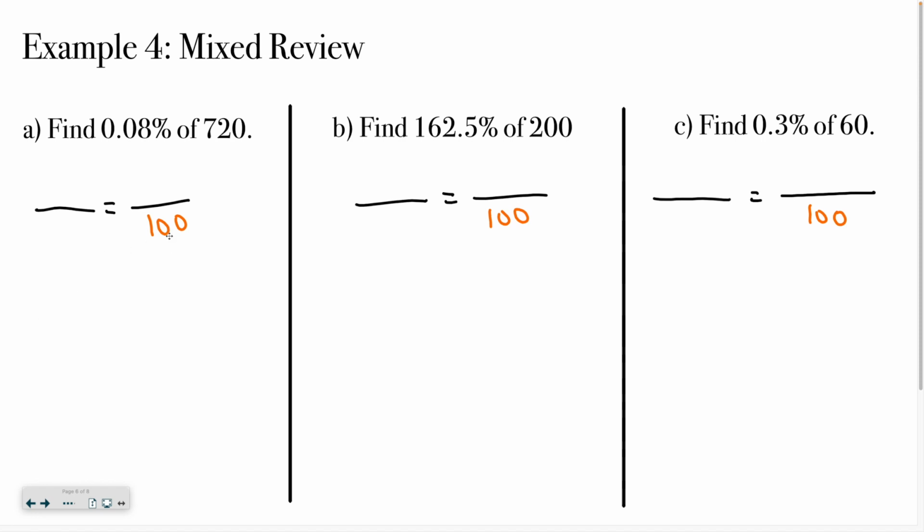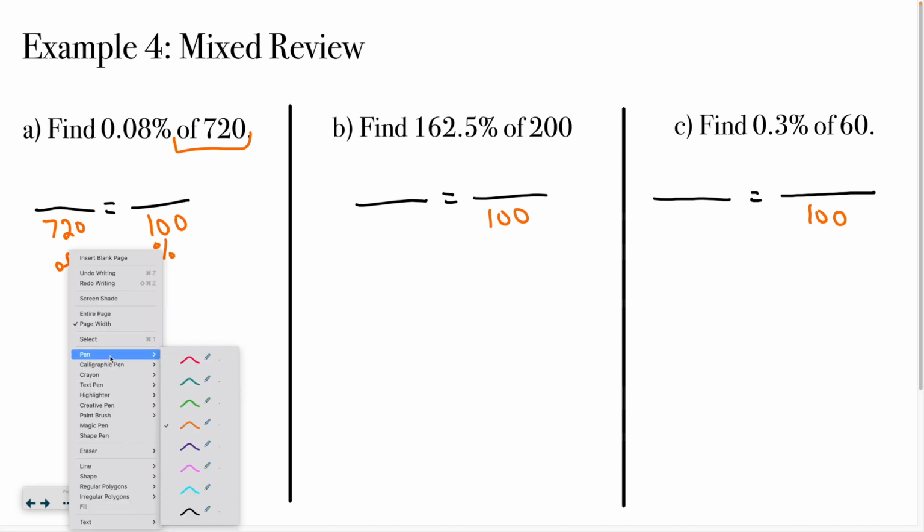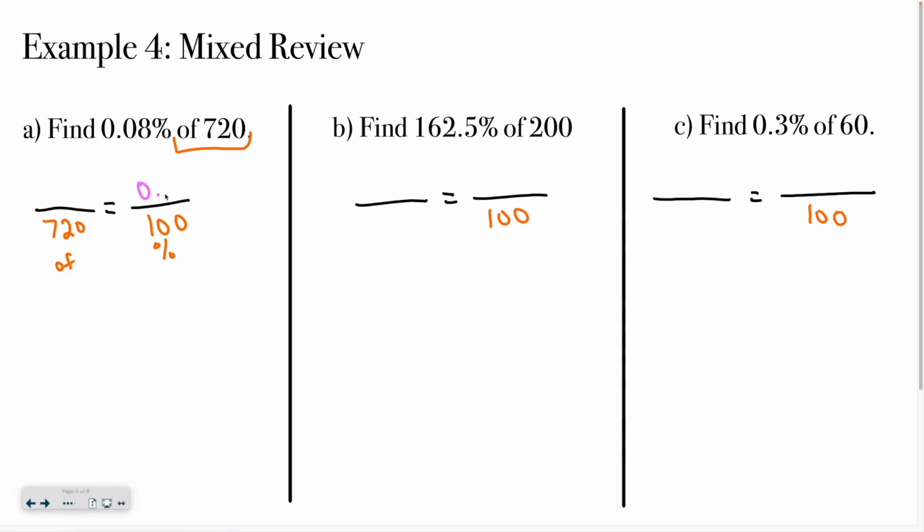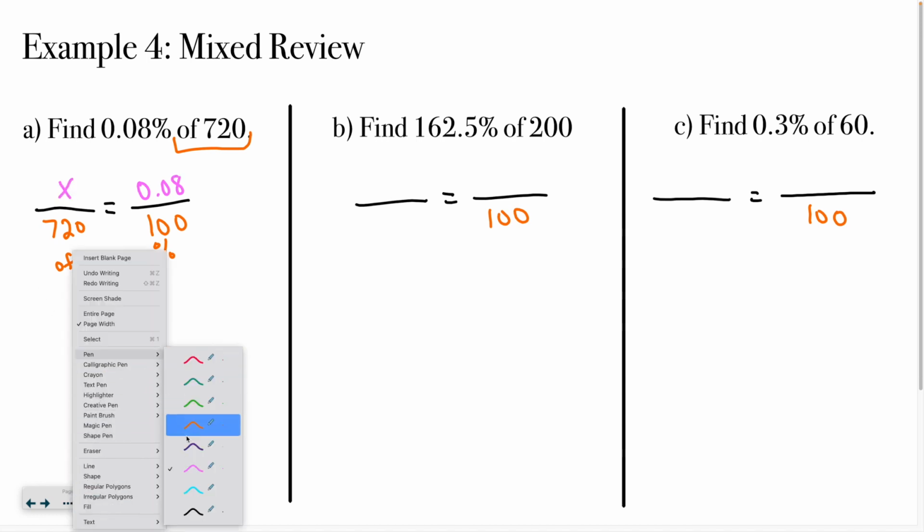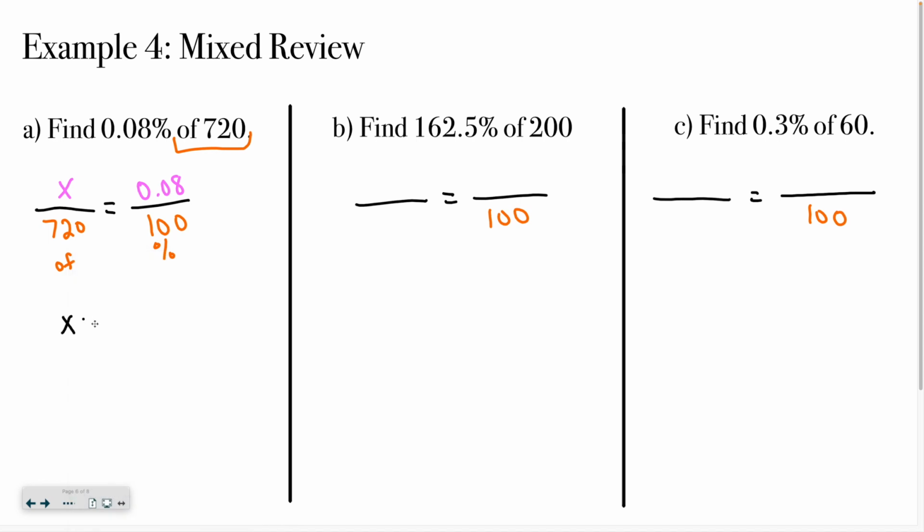So that 100 represents a percent, and I have find 0.08% of 720. When you have the "of" and then a number, that is going to go right on the bottom. Okay, so you're going to have "of" on the bottom, and then you have your percent on the other side. So 0.08, and I want to figure that out. So again, if I were to cross multiply and divide, I would have 0.08 times 720, all divided by 100. And when I do that,